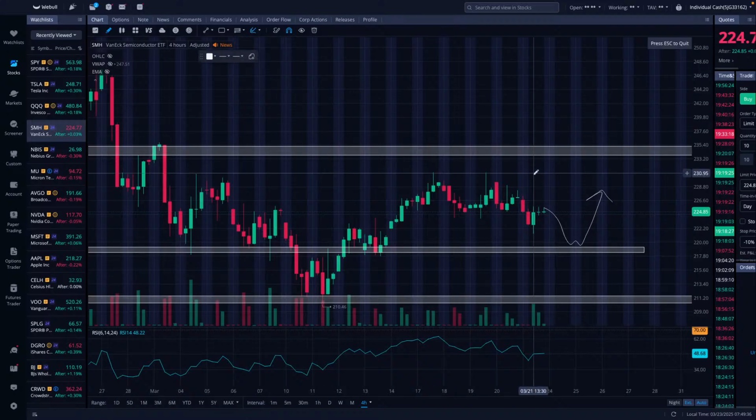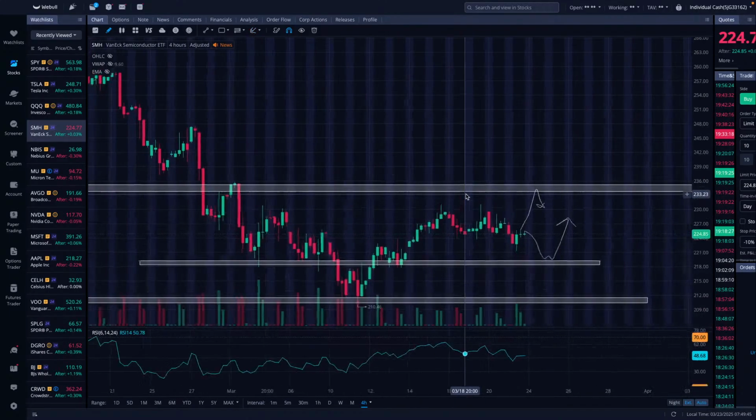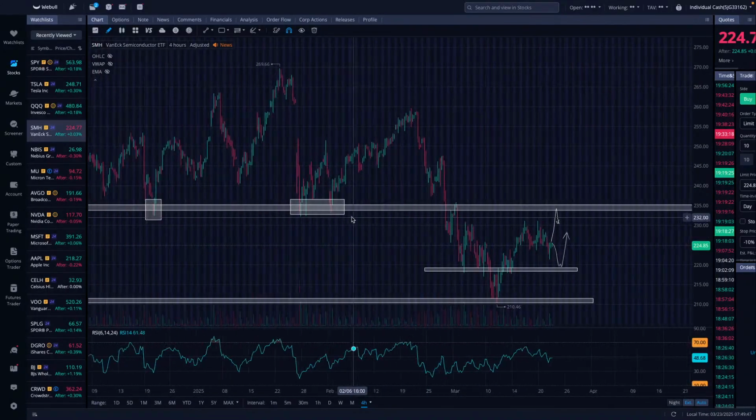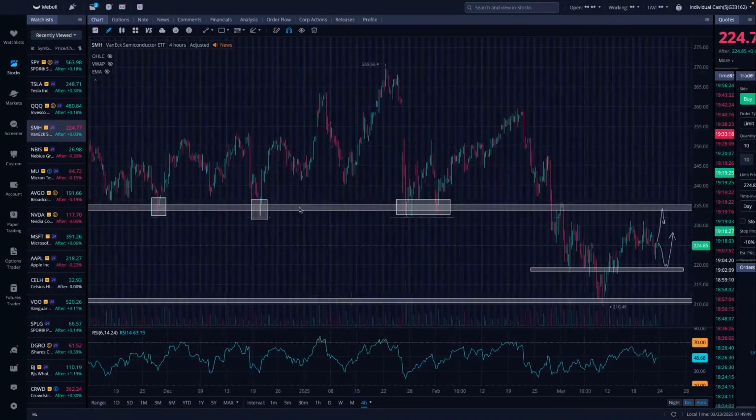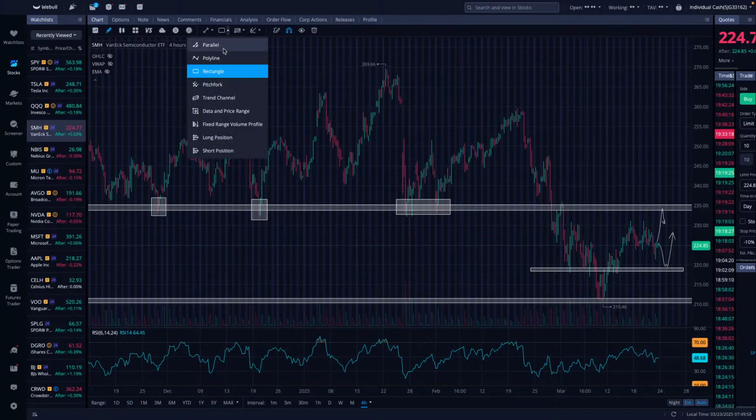Now, there's really only a few stocks in the SMH that are going to push this higher, and one of them is NVIDIA. That's the next stock we're going to go over. But watch SMH. If you were going to trade these semiconductor stocks, you have to be careful. You had these touches of support at 235, 235, 235, 235, another one at 235. So you can see that there's multiple touch points.